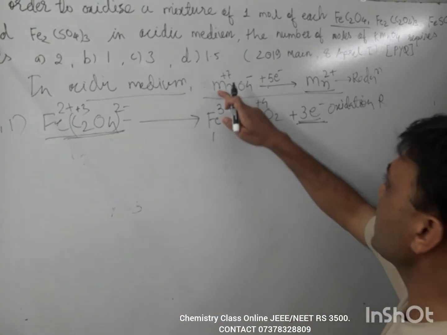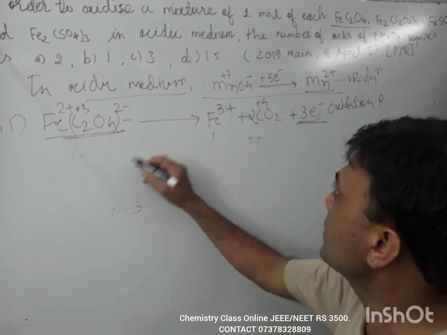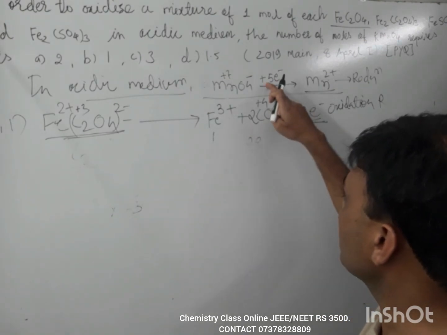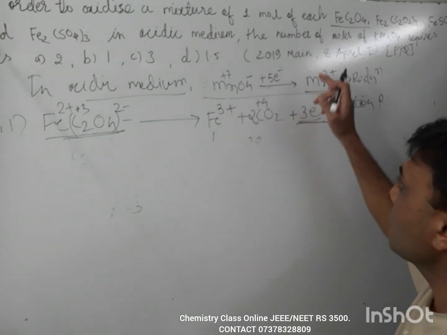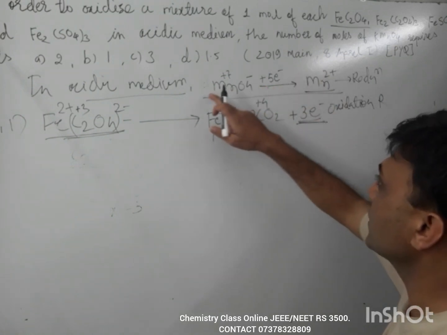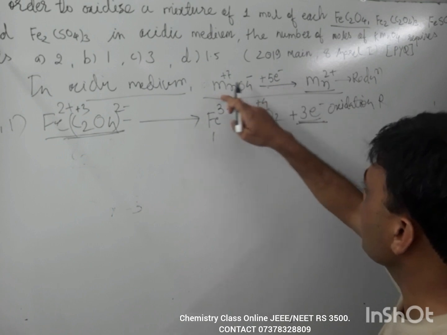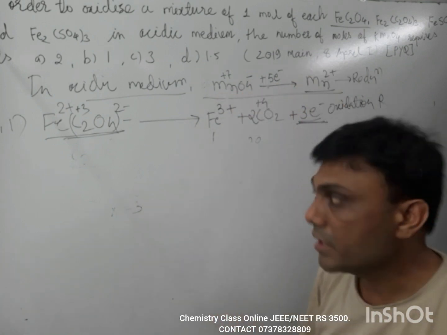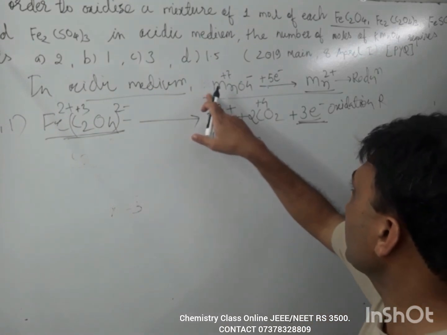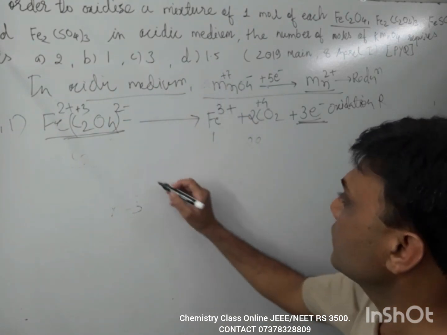we have to multiply this reduction reaction. That is, the reduction reaction has 5 here. That means 5 electrons are taken by it. So we have to make it 15, because we have to multiply this equation by 3. So at least there will be a balance of electrons. Now when we multiply 3 to this reaction, it will become 3